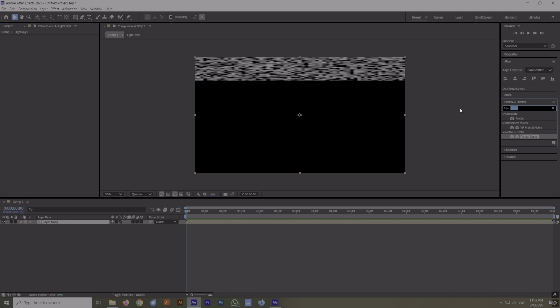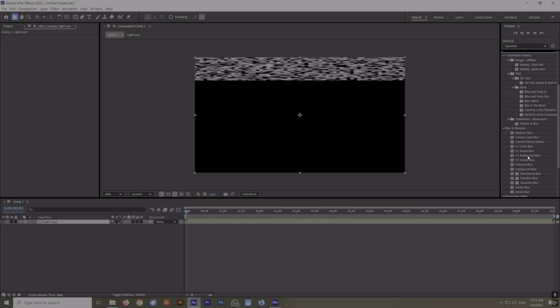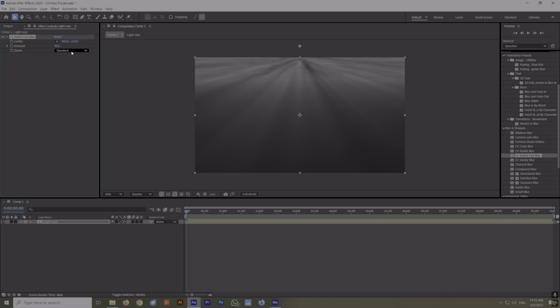Now let's search for blur and let's select radial fast blur and drop it on here. Move the center point up like this, something like this. Let's change amount to 99. Let's change zoom to brightest, and okay,